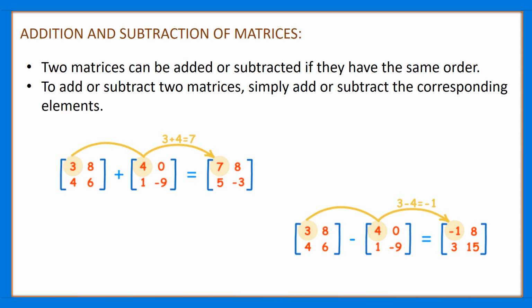It is not necessary that we should limit ourselves to 2 matrices. We can add up to n matrices, but one thing we should keep in our mind is that all the matrices that we are going to add or subtract should be of same order. And the second thing we need to do is we need to operate with the corresponding elements, and that is, if you are going to add the given n matrices, then you should add all the corresponding elements in n matrices. Similarly, if you are going to do subtraction of these n matrices, what you need to do is you need to subtract the corresponding elements in all the n matrices.